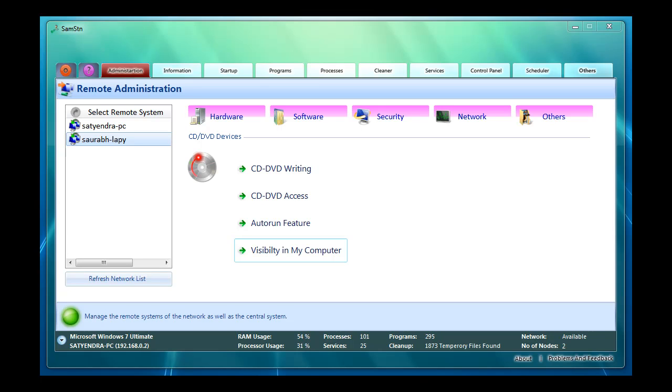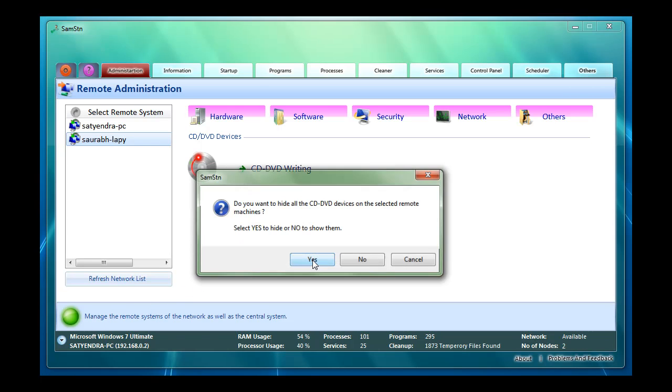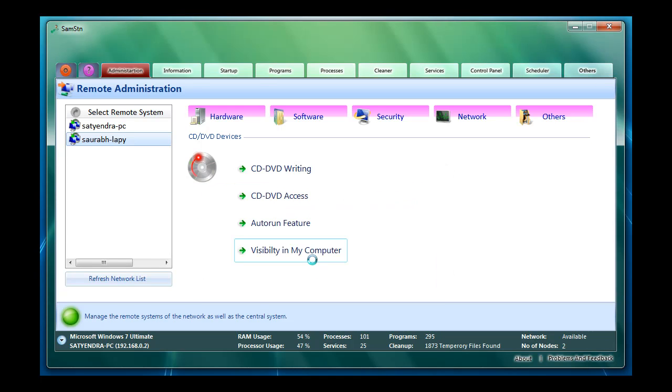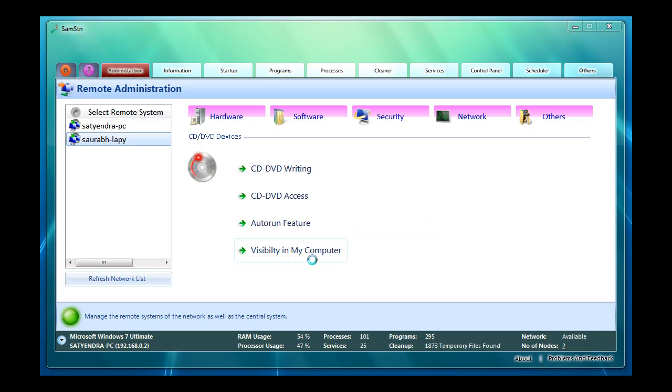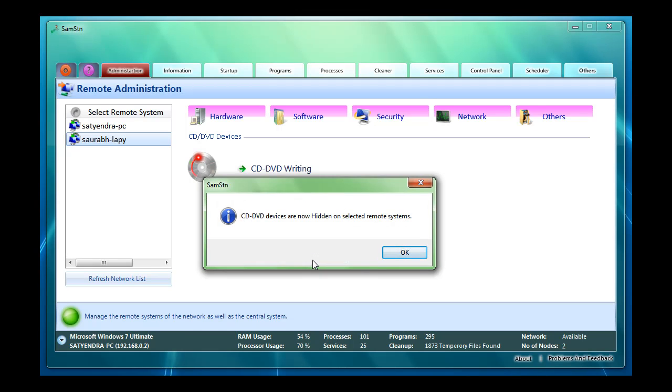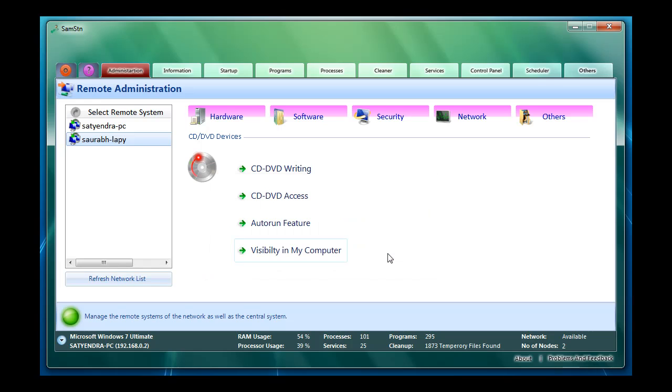If we want to configure the CD-DVD devices to be visible or not in my computers of the remote machine, we click on the tab Visibility in my computer. We click on Yes to make them hide. Now it's trying to connect to Saurabh Maheshwari, which is the remote machine in this case, and to hide the CD-DVD devices. The CD-DVD devices are successfully hidden. So now the new configuration of the remote machine looks as